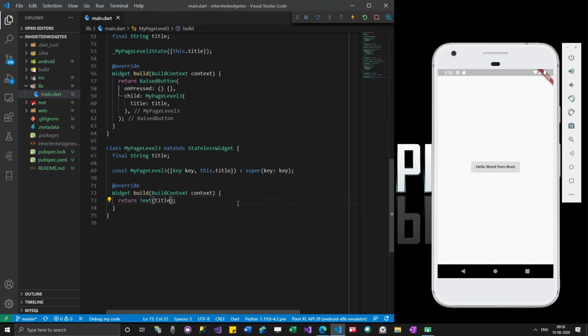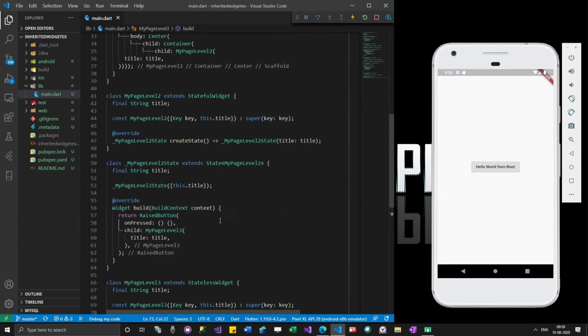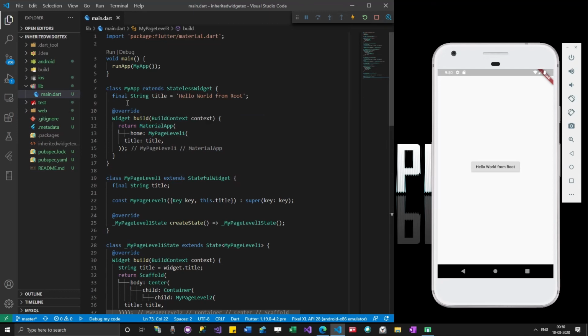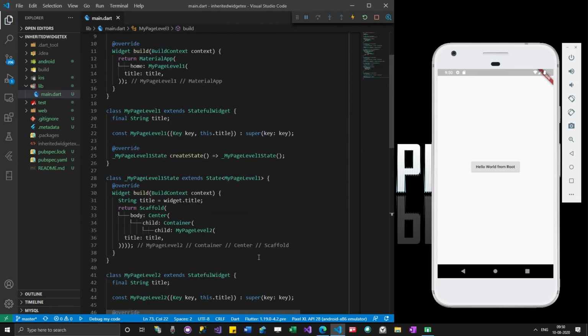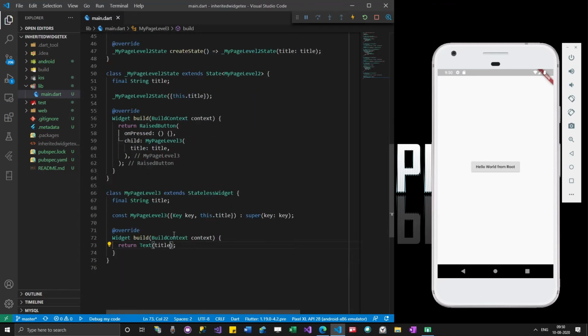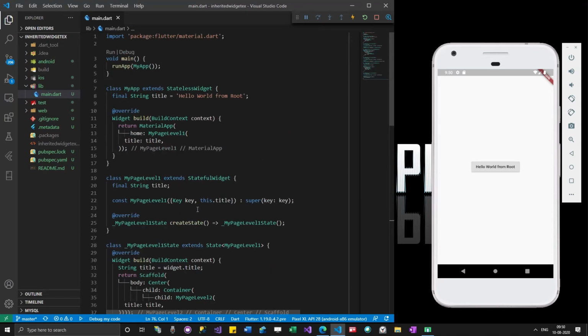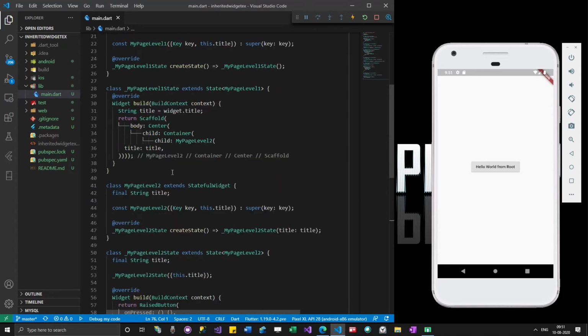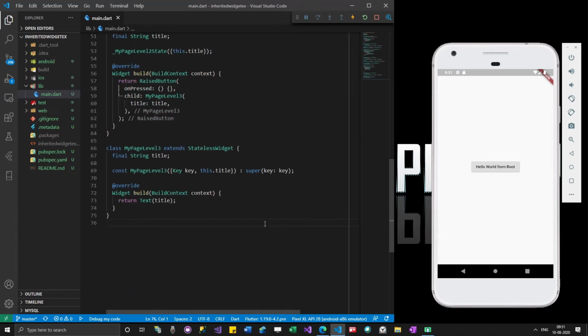So this is the actual problem I was speaking of when I was demonstrating it. In order to pass a value from one class to another class, between levels, you have to keep passing it in between. At the same time, if you want to avoid these kinds of things, you can go with global variables also, but that's not a good practice. But for smaller apps that is still fine. For smaller apps you can use any approach. If you're having only 3 levels, that is still fine, you can go ahead with it, but it's a kind of personal preference.